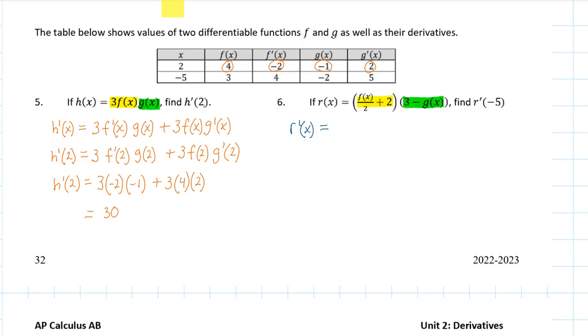So the derivative is still going to be 1/2. That's the multiple in front here. Times, I need the derivative of f, so that's f prime. The derivative of 2 is 0, so I don't need parentheses around this anymore. So that's the derivative of the first, times the second, 3 minus g of x,